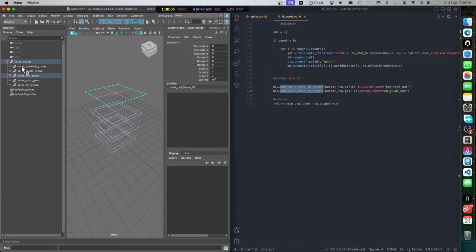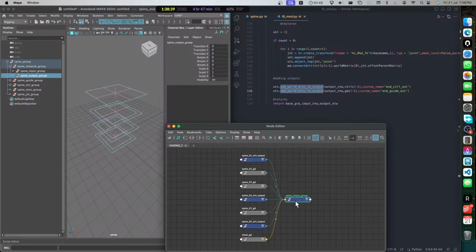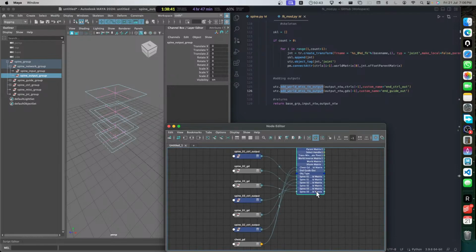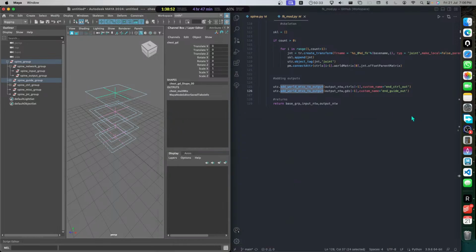So in a network group output, we always use the last guide as the end guide output. You see this one, end guide output. So the thing is, we don't want to change this anytime, like this will be same in each module, because after we are done with all,